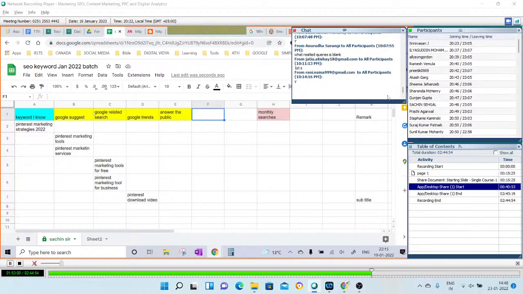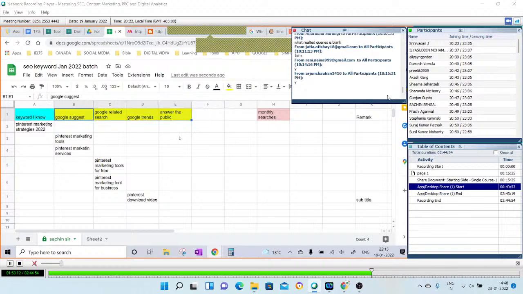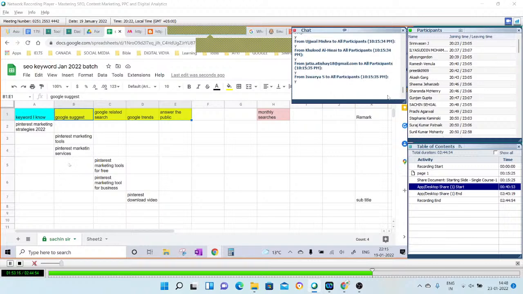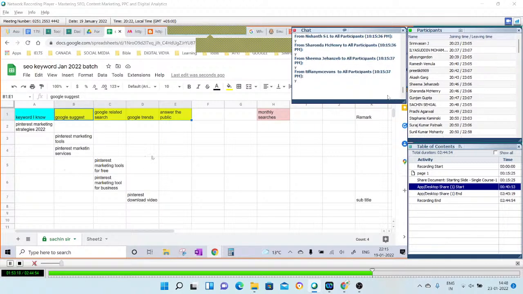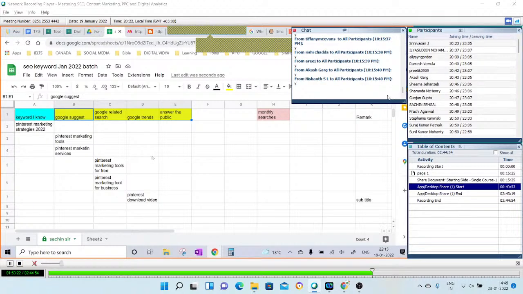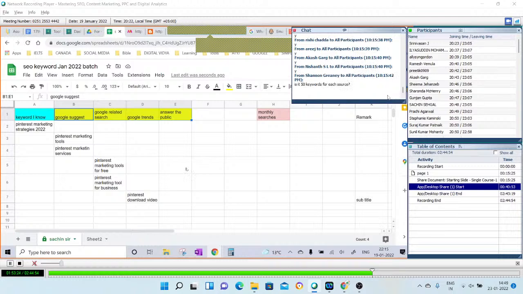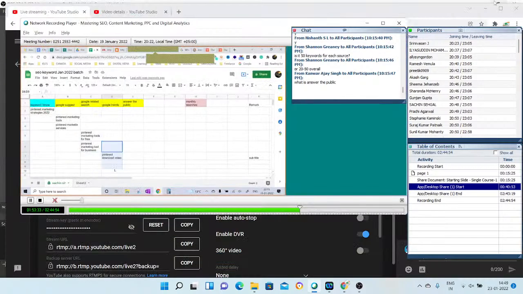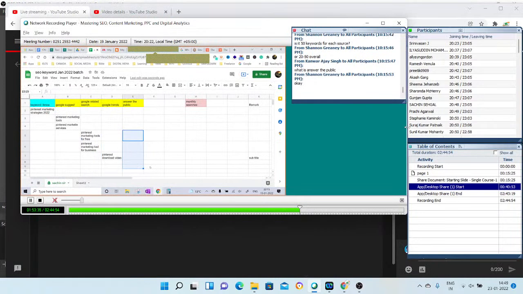At least this yellow part should be clear to everyone. If you are clear with this yellow part, can you just give me a yes, please? What exactly needs to be done from the yellow part's point of view? This is the first thing you would do. I'll give you some time after the class, after the break, and then we're going to check. Maybe not for each source, Shannon. I think if you can get five from here, five from here, two or three from here, five or six from here, so 20 or 30 would be enough. If you get more, you get more ideas.